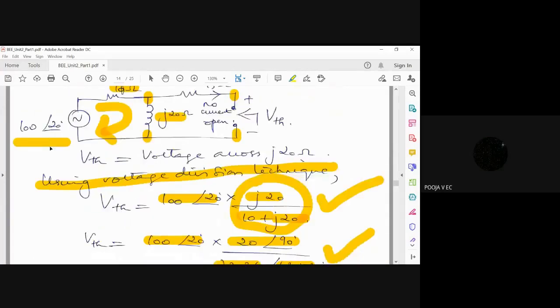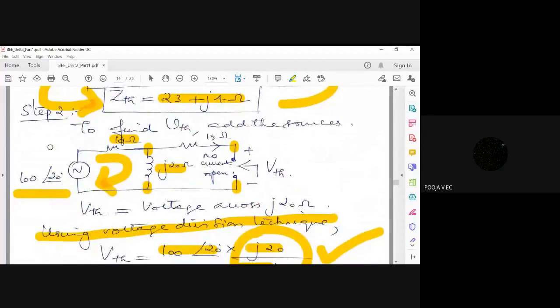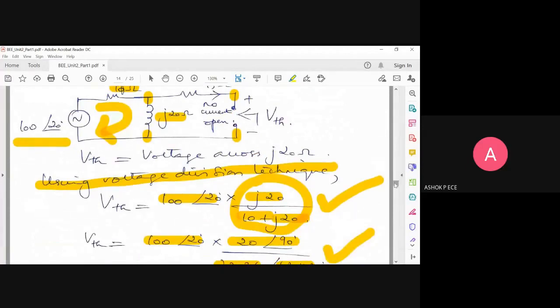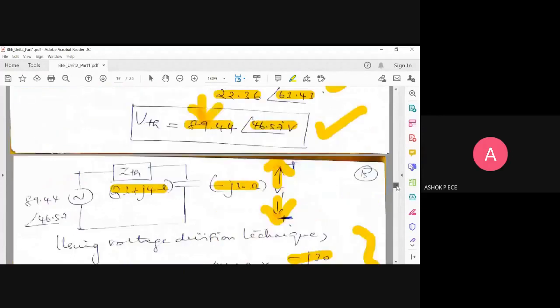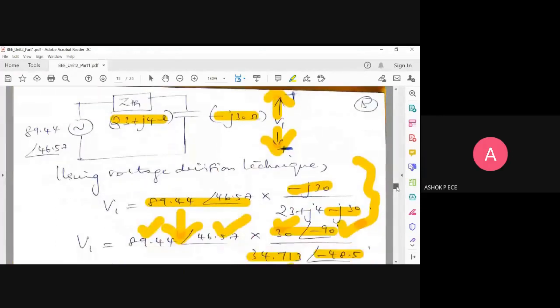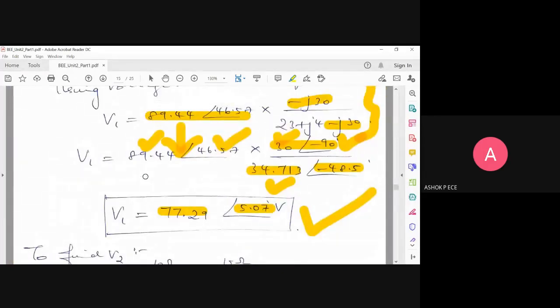Why is it like we are taking differently, sir? Here we are taking the maximum value, and while finding power, we are taking RMS. Why is it like that, sir? So see, when you come here, we are not computing any power or as such. We are just computing voltage or current only, right? But there, when you compute power, since the AC signal is varying continuously, you cannot have a fixed value of power at any given point of time. You know, a sine wave is continuously varying. It has zero, it has maximum, it has minimum, and again it comes to zero, right?